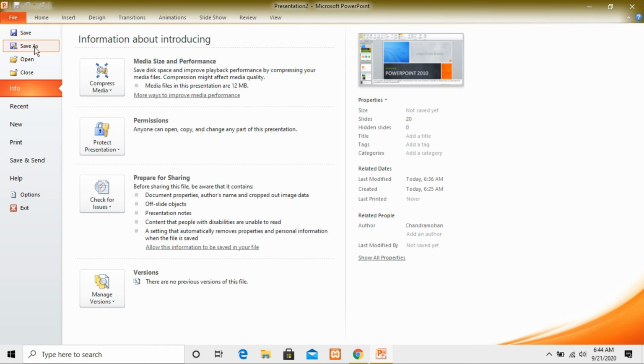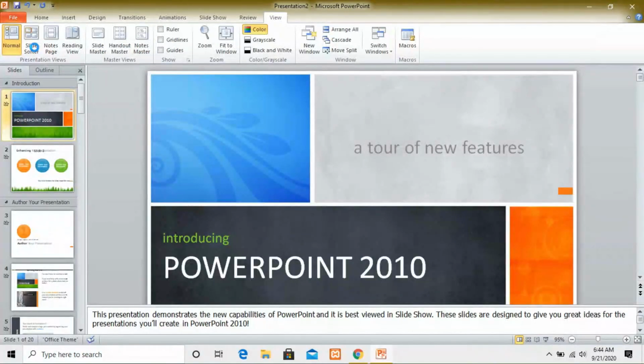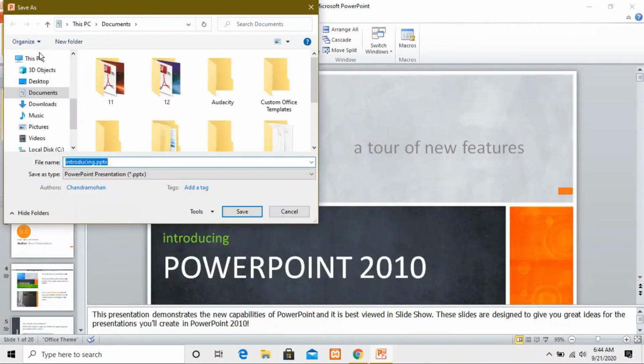Okay, so here we are going to save a new file. For this, please click on the save as option, and now it will show you the dialog box of save. Now here just write down the name of your file, and there's one more thing, that is .pptx, the extension name of a PowerPoint file. Okay, each file has its own extension, so the PowerPoint file extension name is .pptx.